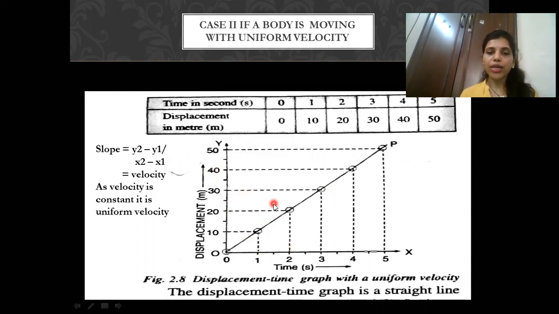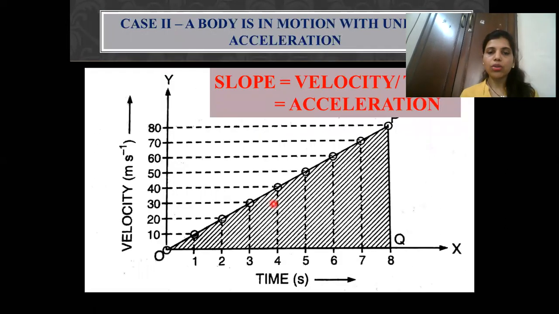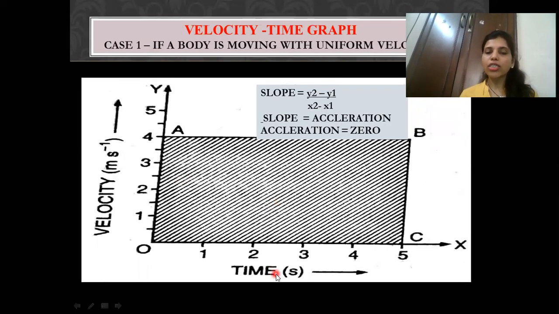So what I'm going to get, as you can see, here it is velocity versus time. Now here the velocity is constant. As I told you from the displacement time graph, also I said that if you find the slope, you will get velocity constant. Now there it is 10. Now here it is 4.